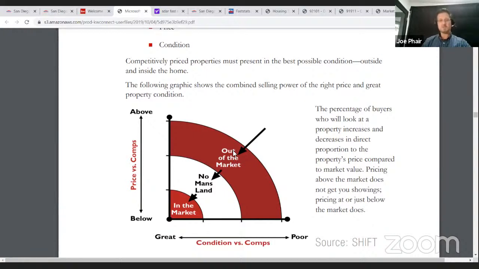Okay, so you guys are going to be able to tell a lot by the number of showings. So if you're having a lot of showings the first couple weeks, now new homes are always